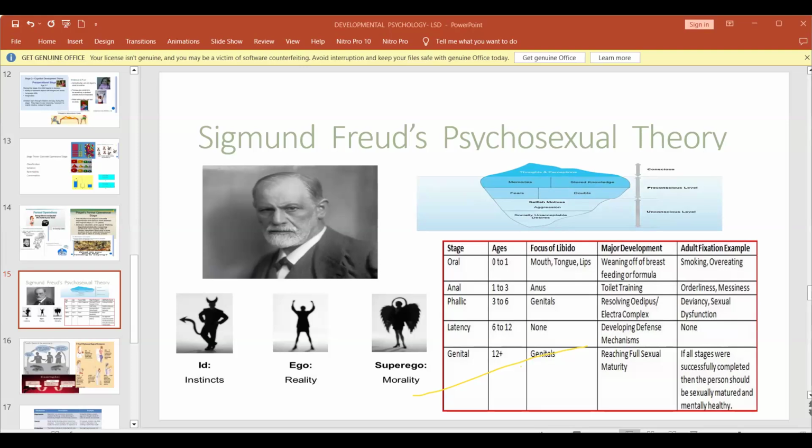Then the third part of Sigmund Freud's psychosexual theory of personality development is the stages of psychosexual development. So you're making notes while listening, right? Stages of psychosexual development. So we are going to look at 5 criteria and talk about them. For Piaget, we looked at five criteria for each stage. For Sigmund Freud, we will look at five criteria. Otherwise it's vast. Right. What are the criteria? You can look at the grid and tell me the name of the stage.